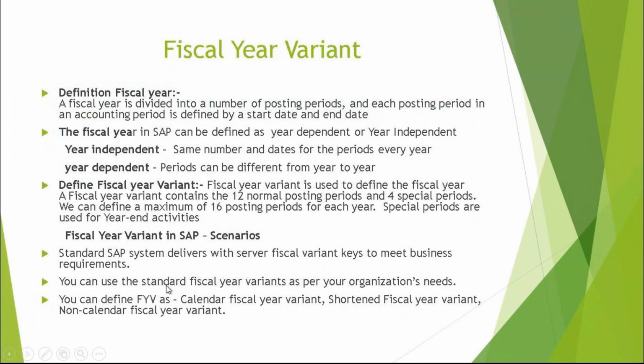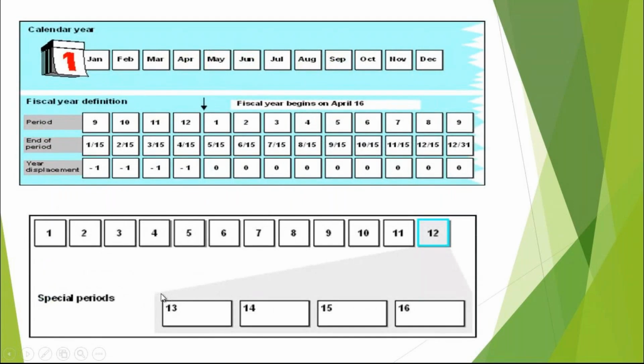16 in the sense 4, there is no extra month, there is nothing new. The last 4 months which are kept for the year end activities, those months we call special periods in SAP, because either it might be a small thing, or a large or micro thing you do, you should show it in accounts. That is the reason we use SAP more. So everything is shown there, even at the auditing level, whatever the small things are also represented. So that is the main reason they have kept those last 4 months as special periods.